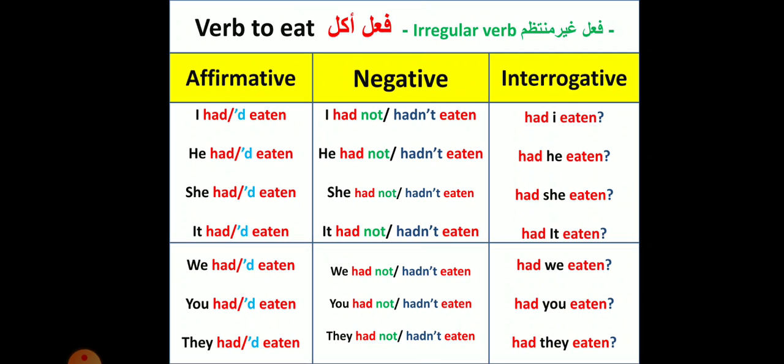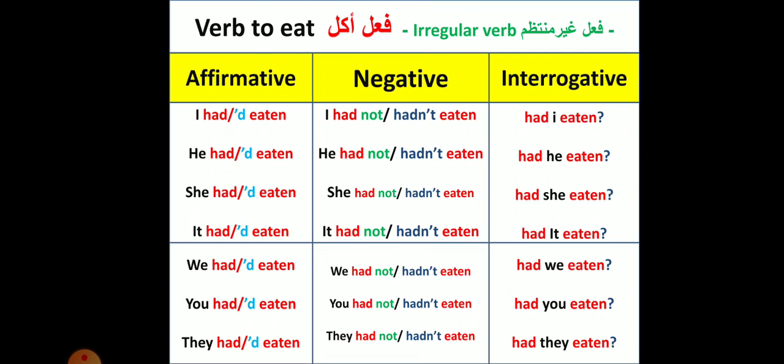For verb to eat, it is an irregular verb. In the affirmative form, I had eaten. Okay? Or the short form, I'd eaten. He had eaten, or he'd eaten. She had eaten, or she'd eaten. It had eaten, or it'd